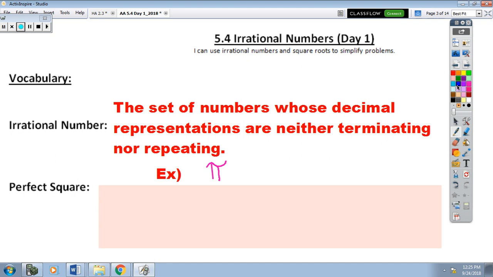In our class, the irrational numbers we're going to be working with are mostly square roots. So it'll be the square root of any non-perfect square. For example, the square root of 2, or the square root of 17, or the square root of 20. I would not put the square root of 25, because that is just 5, which would make it a rational number. But as long as it's not a perfect square. Now your perfect squares